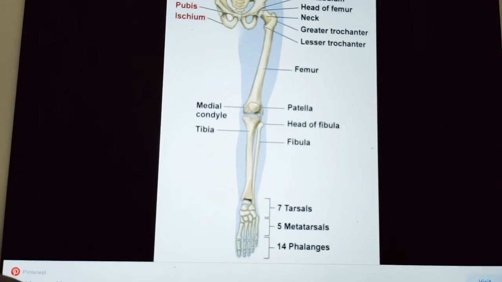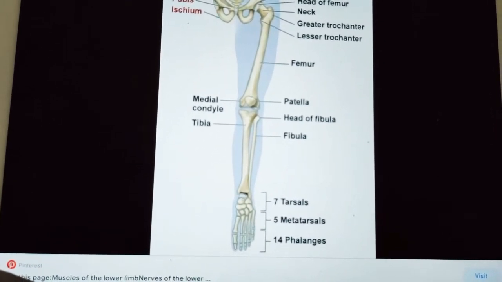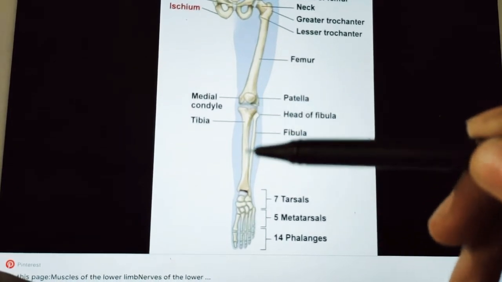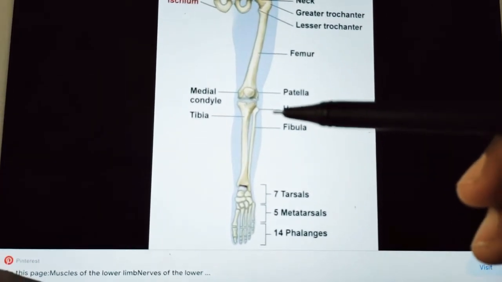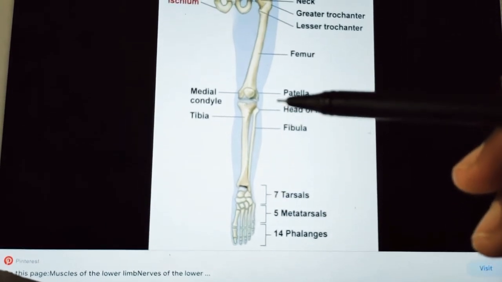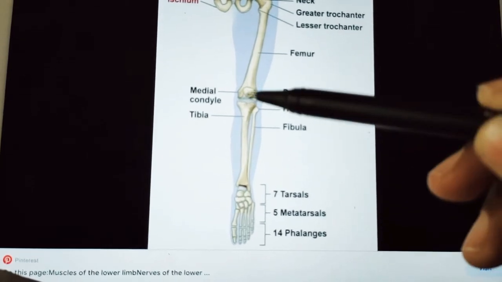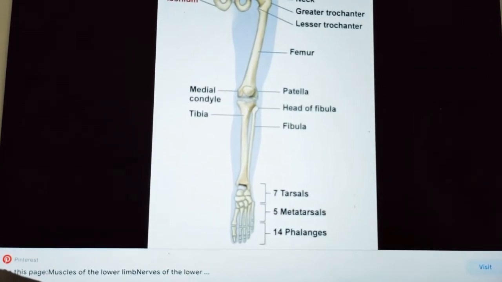And if you observe, the fibula and tibia will be here, right? Fibula is actually a post-axial bone of the leg, which does not take part in formation of the knee joint. So only the tibia participates in the knee joint.